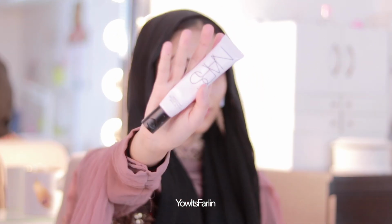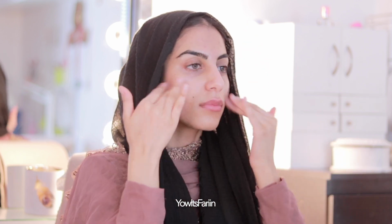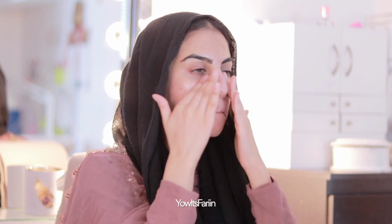And then I use this primer from NARS, which is called Radiance Primer, and it has SPF 35. Also, I've told you about my acne story. I've had acne before and my scars are healing now, so I have scars on my face, as you can see. So we are just about to cover that up with my favorite